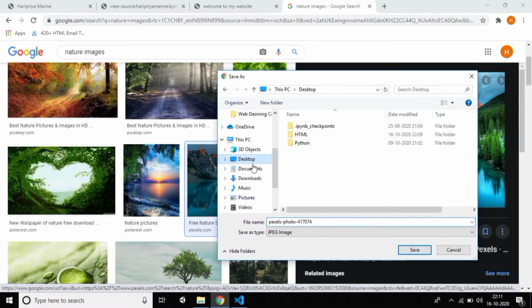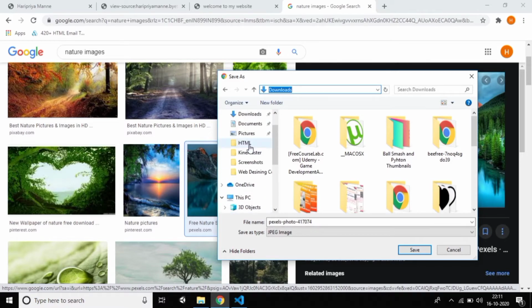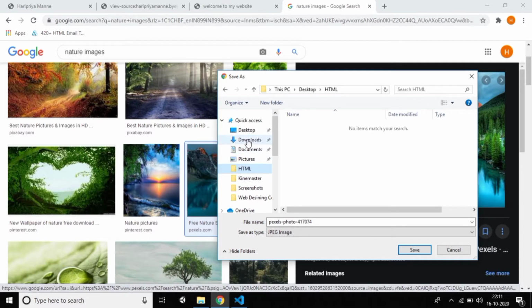You can save it on the desktop only, because where the file is located, you can save it there. Otherwise you need to copy the whole path. If you save the image in downloads, you need to copy all of this path and paste it, so there is a risk. Better to do it on the desktop.